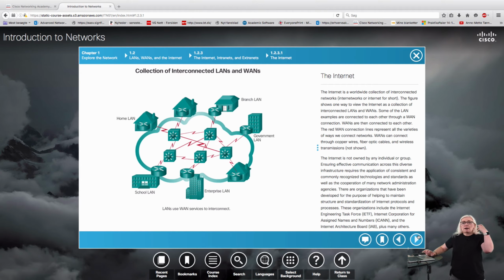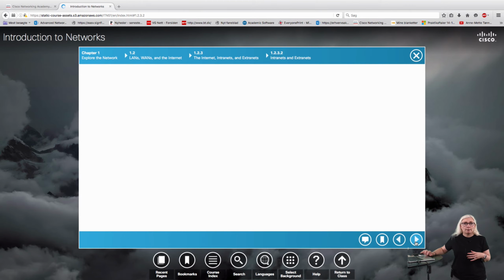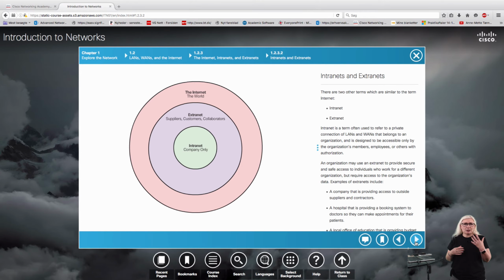And then we have the huge overall thing, the internet, where we have all our LANs and WAN connections connected into one huge network where everything in the world is connected into the same network, the internet. We can also have something in the middle, something called an extranet.